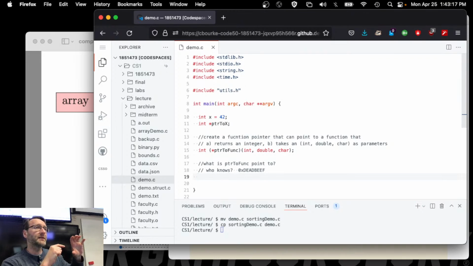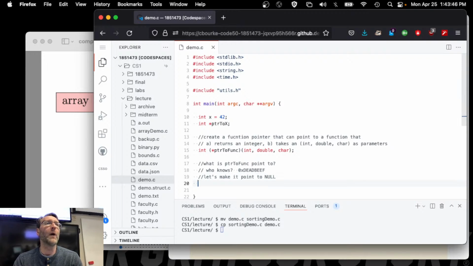Should I be able to access that memory? Nope. In fact, if I tried to, that would be an injection kind of attack where I could change the contents of that memory and change what the operating system will do next time it executes that code. You can do that, and it's very dangerous, and you try to protect against that when you write an operating system or other code. So let's make it point to null, just to be safe, so that it's not pointing to some random dead beef